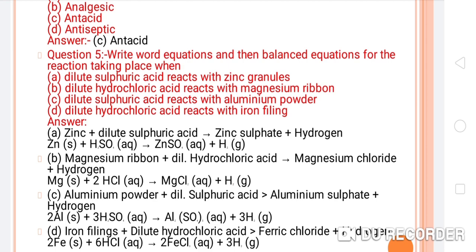It is not HSO. This is H2SO4. Okay. So please correct it. And the salt formed will be zinc sulfate. So here is ZnSO, that is not ZnSO. That is zinc sulfate, ZnSO4. Okay. And plus hydrogen gas means H2 gas will evolve, not the H. Okay. This is the diatomic gas.